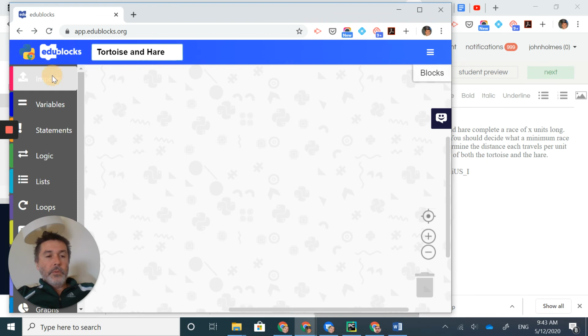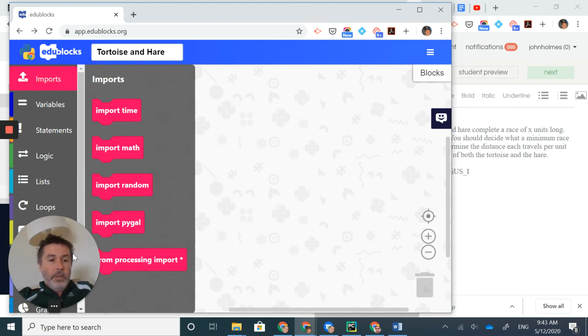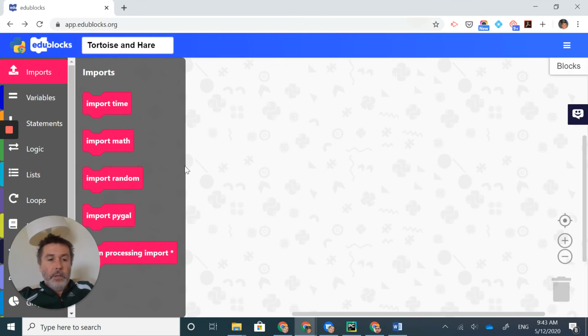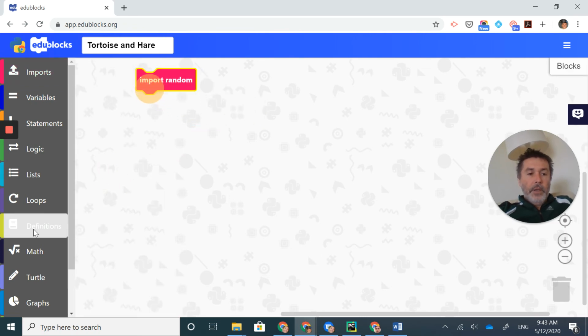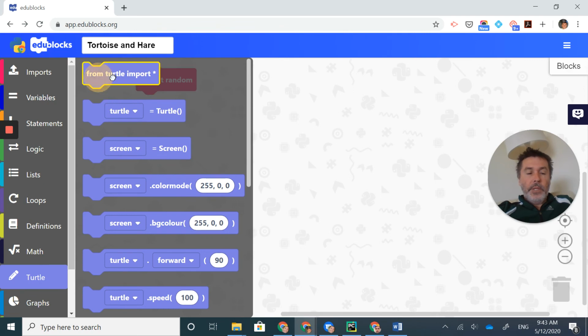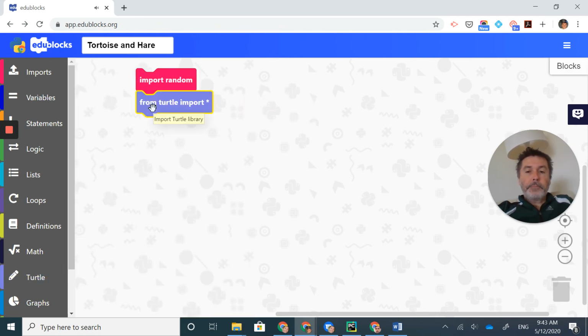We need to import, okay, we're still going to need random. And I'm not sure why turtle is not listed as an import statement, but we need to use the turtle library. Now what happens is we're going to create a variable for the tortoise and the hare, just like we